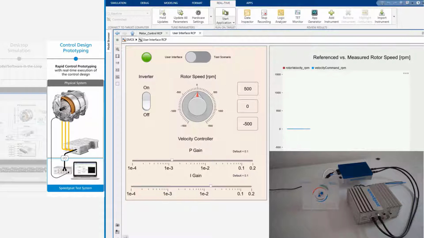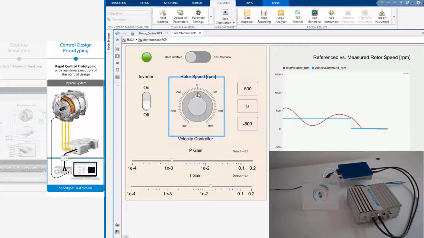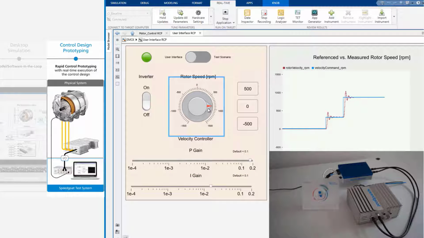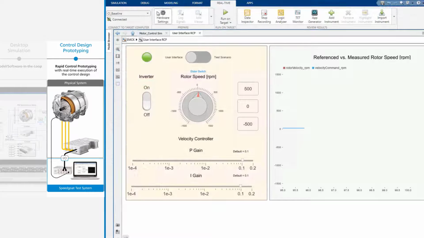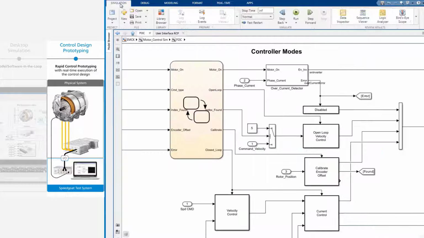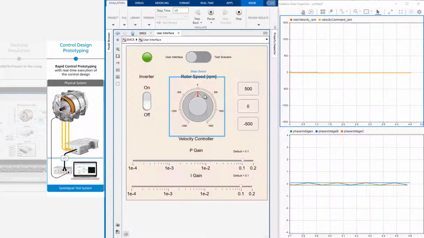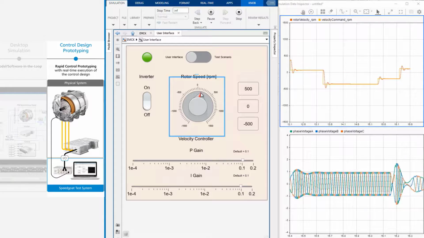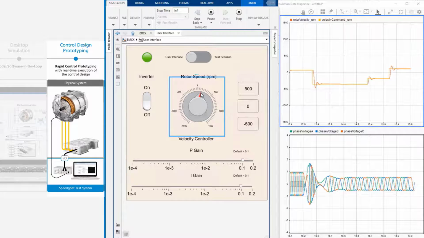You can tune the controller gains during runtime, perform iterative runs, monitor your controller performance, and even instrument your real-time application with MATLAB and Simulink apps. Switching back and forth between testing the application on target and running the model on desktop is seamless. Simulink will compile and deploy the real-time application onto your test system when needed.